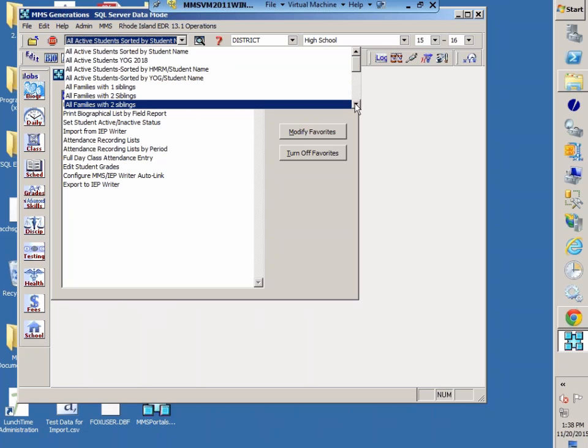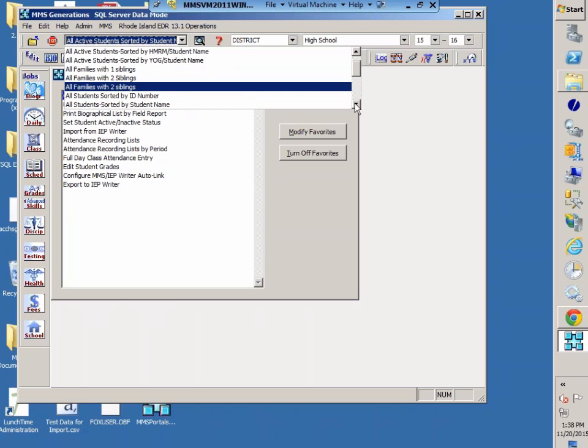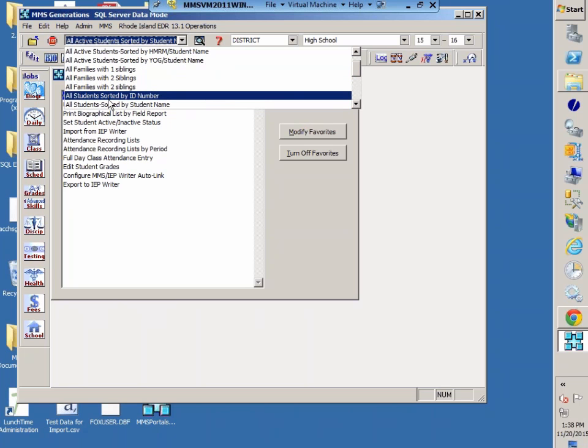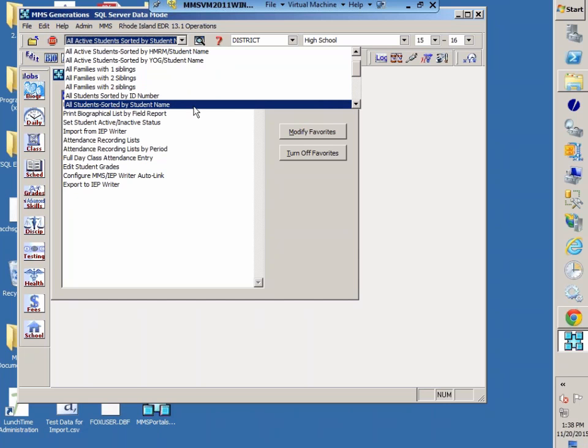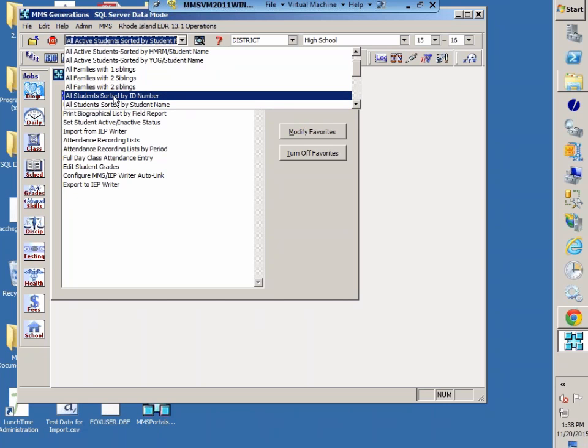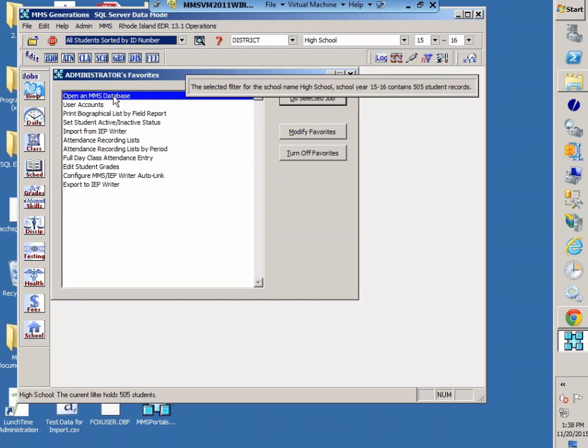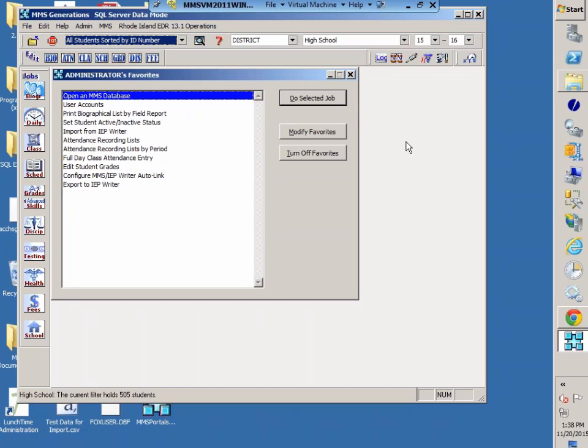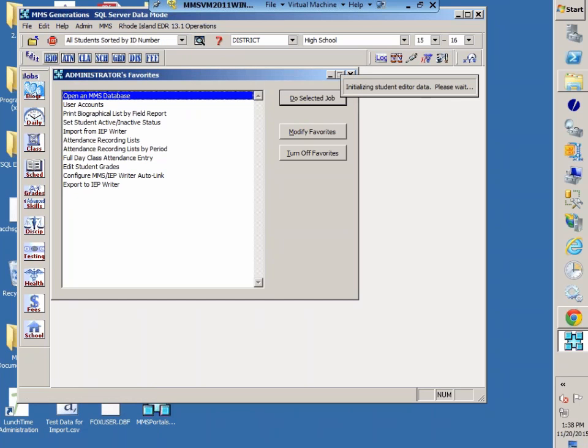Generally we land on all active students, and if I change it to all students sorted by, I think this is the default one. MMS ships with 4 default filters. You can't delete, maim, or mutilate those filters. They are always pristine. So I've set it to all students, and now if I go back to my biographical,